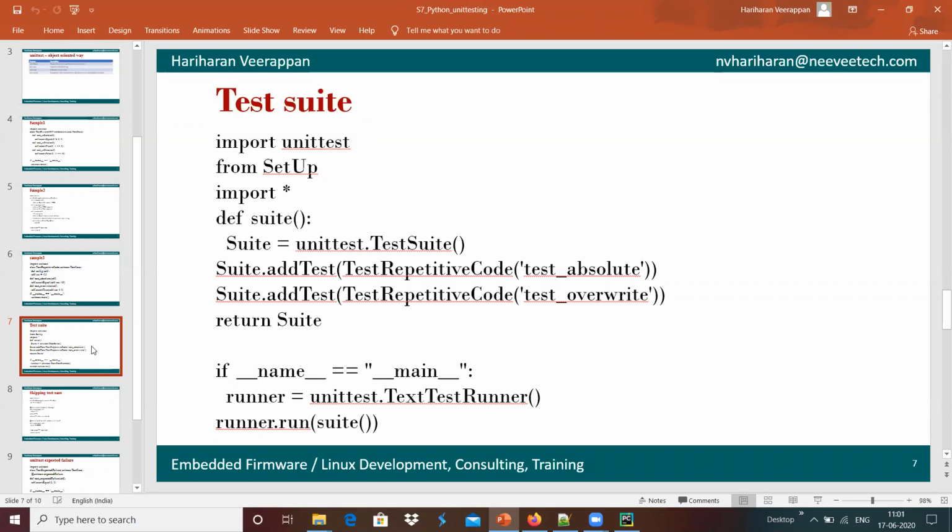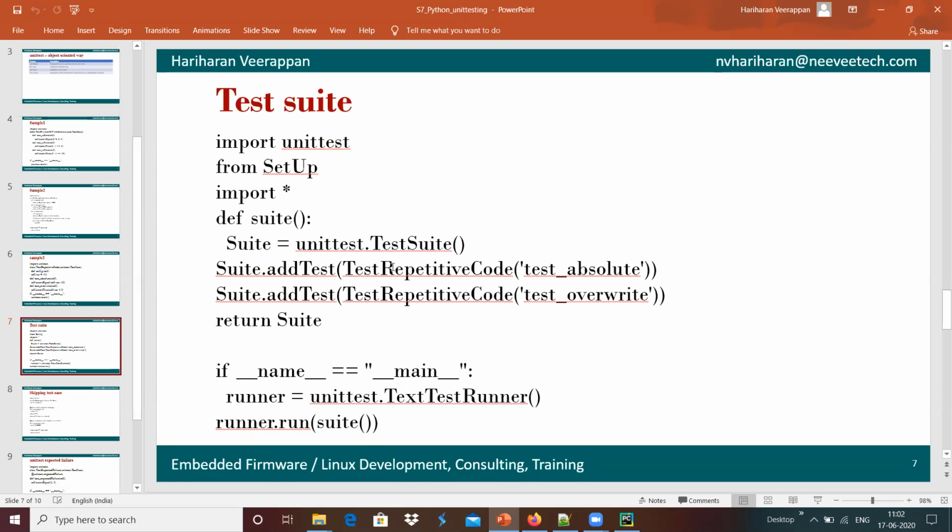All those things can be done with the help of a test suite by creating multiple test cases, and it can be run as a test suite accordingly.